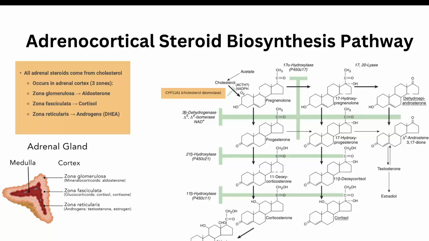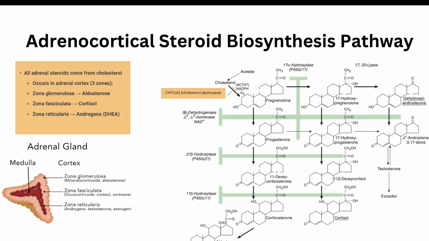Zona glomerulosa is responsible for biosynthesis of mineralocorticoids like aldosterone. Zona reticularis is responsible for androgen hormone synthesis, like testosterone and estrogen. The middle layer, the zona fasciculata, is responsible for cortisol biosynthesis. The zona glomerulosa, as you see here, is the outermost layer, while the innermost layer is